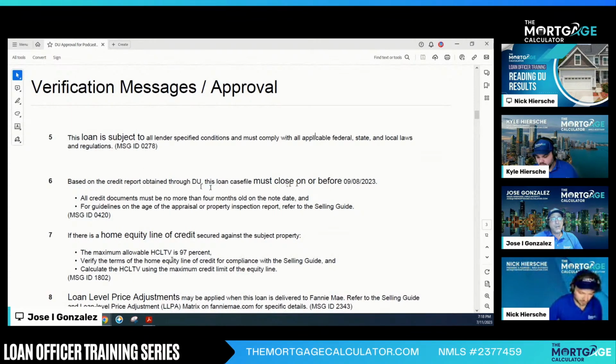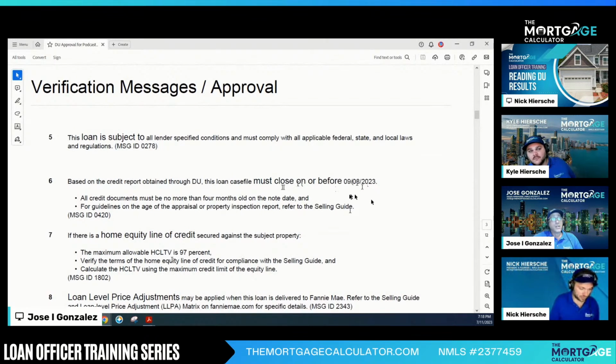Must close on or before 9/8/2023. That's due to the age of the credit report, right? This credit report, I believe, was run on 5/8 probably, and a credit report usually is good for 120 months. Now that says must close on or before. Now, when it's at the investor, they're reviewing the documents. They may ask us to, not just do a refresh, but maybe ask us for a new credit report, because